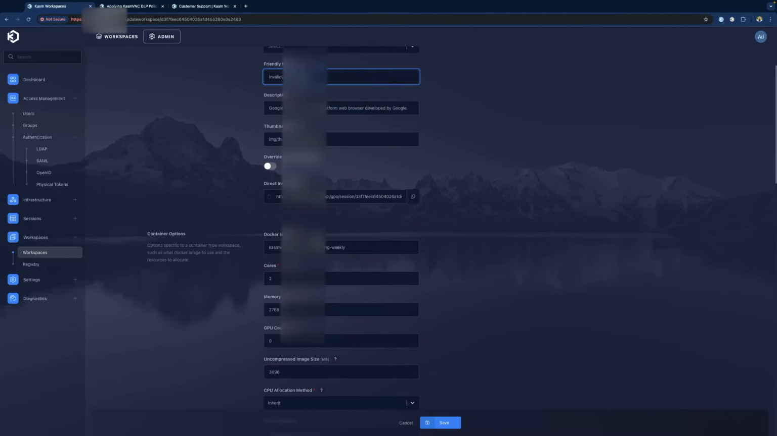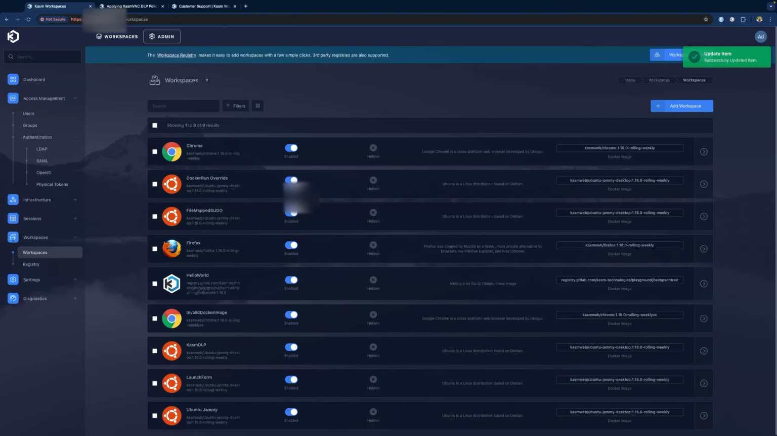And then we're going to go down to the Docker image path here. And you can see, it's the one that we had installed, the 116.0-rolling-weekly. And then I'm just going to add a couple miscellaneous characters on the end of this path. So just adding a couple of X's there, and then I'm going to go ahead and click Save. So to troubleshoot,